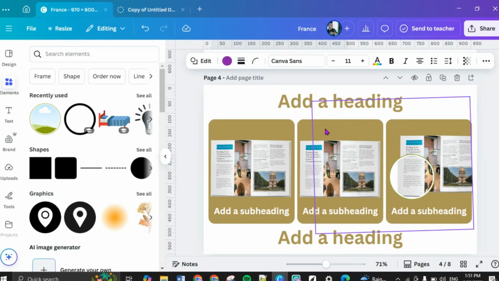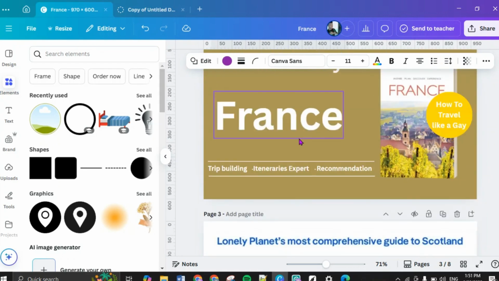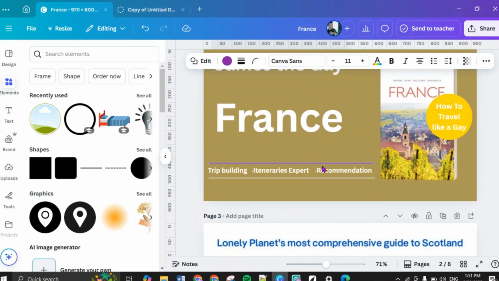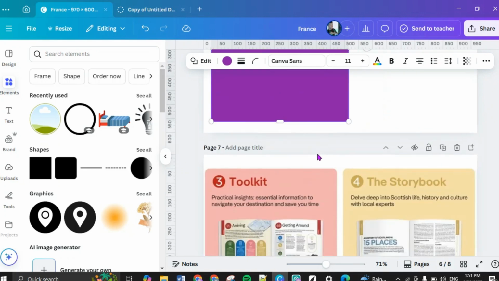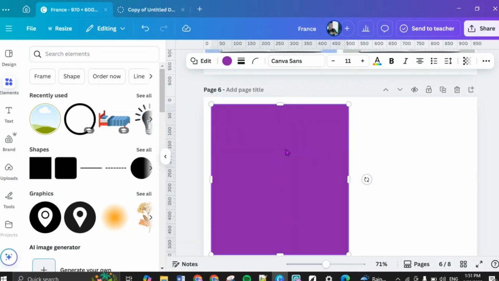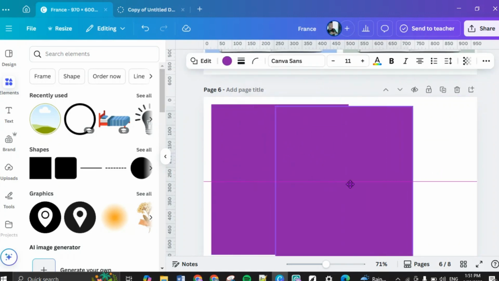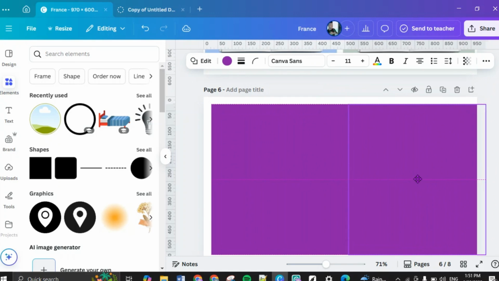There are some corrections I want to make also. This is good. I'll make corrections to this one. Duplicate and then